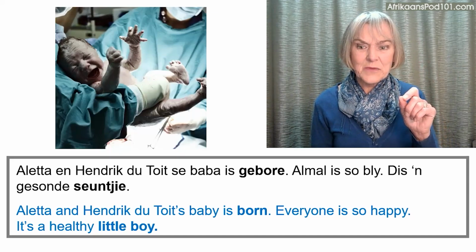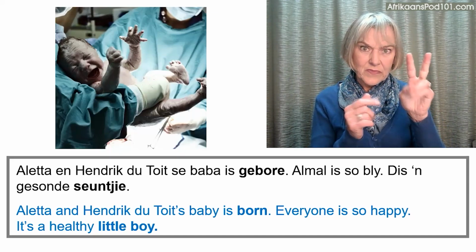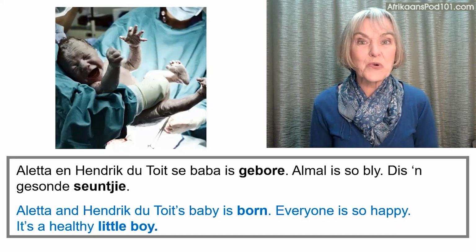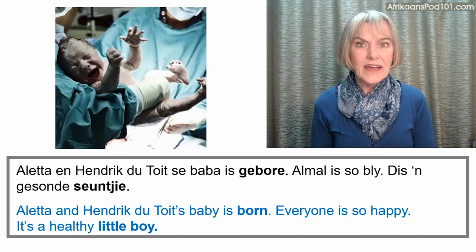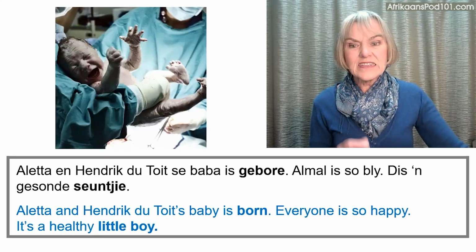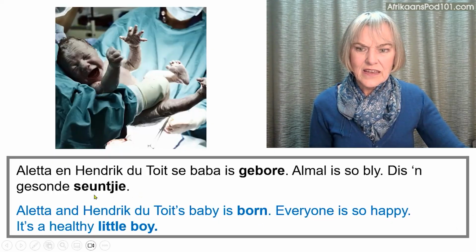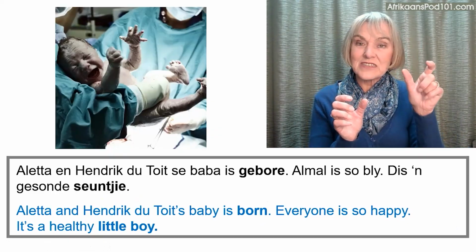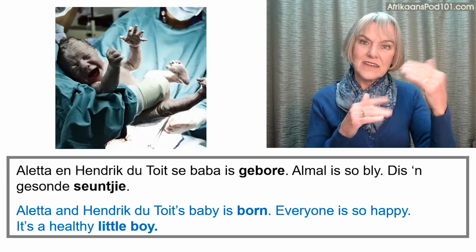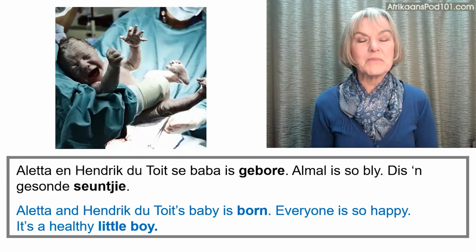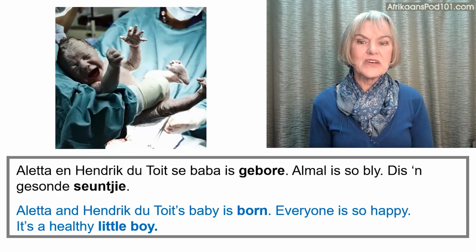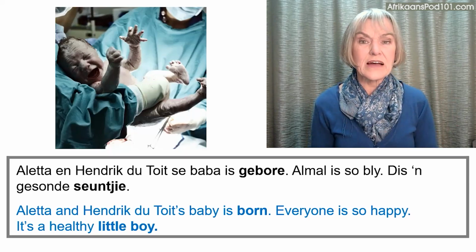Now I want you to notice that little boy, 2 words. That's what we have to do in English. We have to say small or little. But in Afrikaans we have something called the diminutive form, verkleiningsvorm. And that's what you see here, seuntjie. This makes Afrikaans a very colorful language because we have all kinds of suffixes we add to a word to make it small. Seuntjie, we pronounce ki, although TJ normally is ch, but when it's in a diminutive form, we pronounce it ki. So, seuntjie.